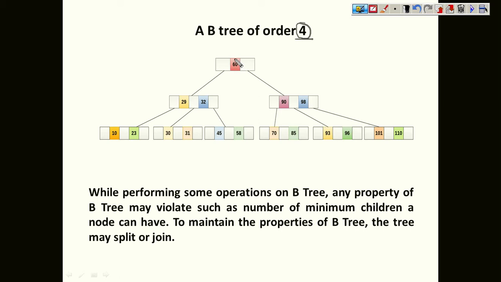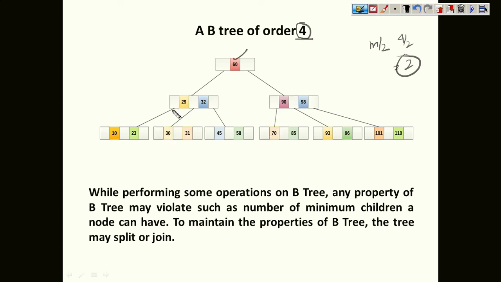Okay, so let us look here. This is a root node. Root node must have two child. This we have already seen. And then you can see here every node must have minimum two child, because this order is 4 and we must have m by 2 child, means 4 by 2. That means two child must be compulsory with every node, and a node can have maximum three values. So we have two values here.